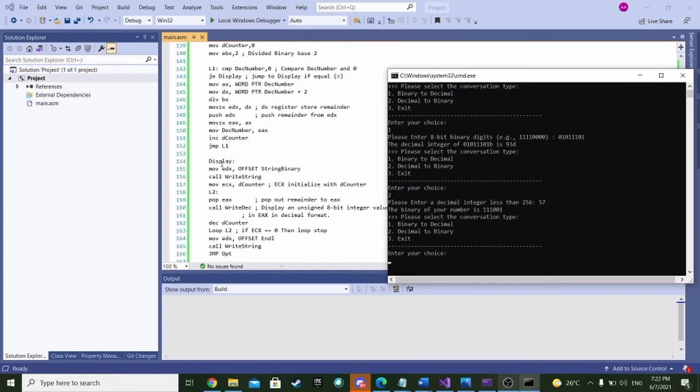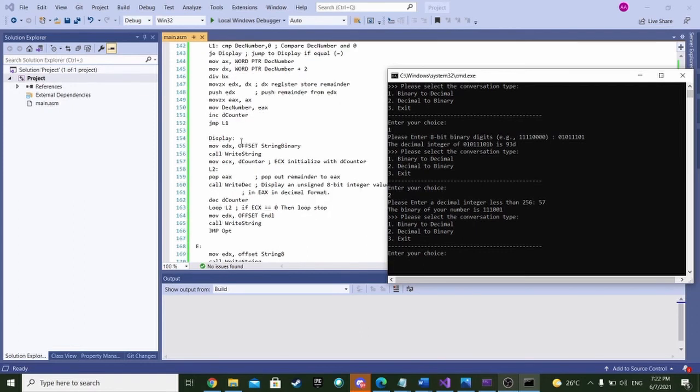Then we will continue until the division is complete to get the binary, and then we compare the decimal number equal to 0. So we will go to the display part. In the display part, we call write string to write the binary of your number is, and then